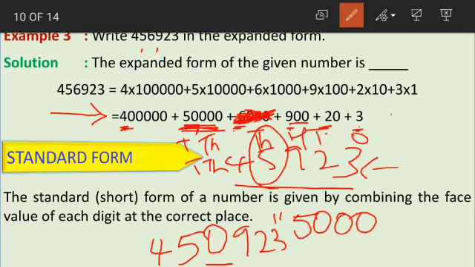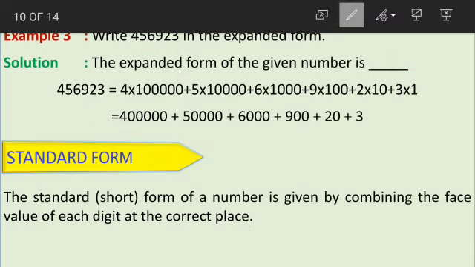We should be careful while writing short forms because sometimes few place values might not have numbers, so they will not give that in the question. You have to check the place values in the question and in the answer. If both the place values are correct, then your answer is correct. If you get the wrong place values, then your answer is wrong. Okay, children?